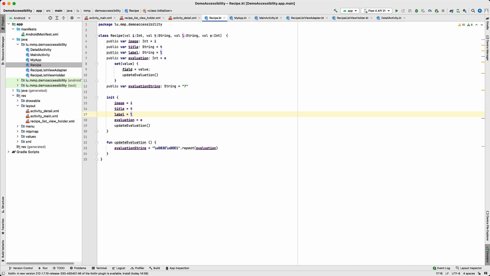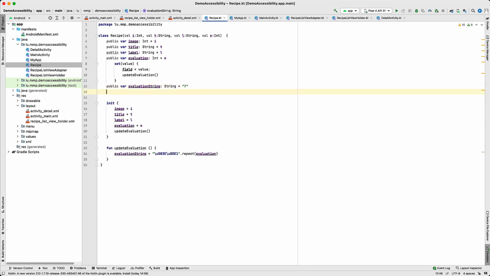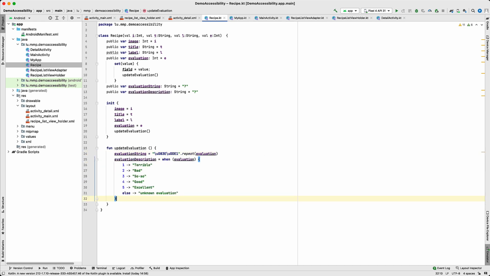The evaluation needs to be converted into understandable text, which we store in the evaluation description variable. A simple function converts the integer value into a text string.